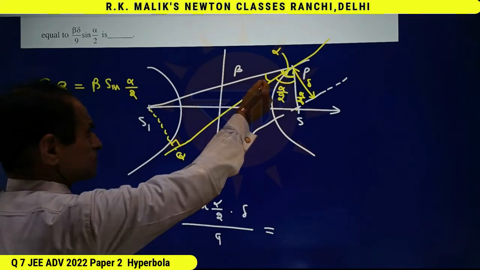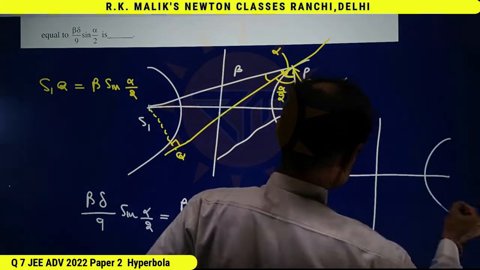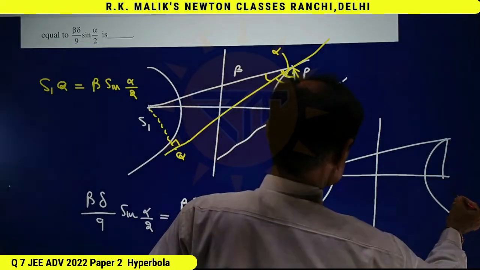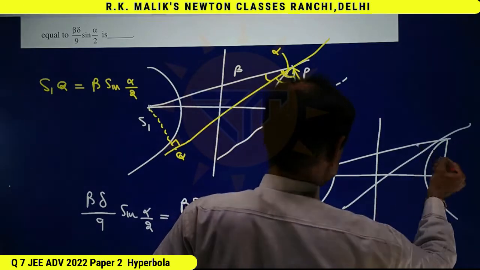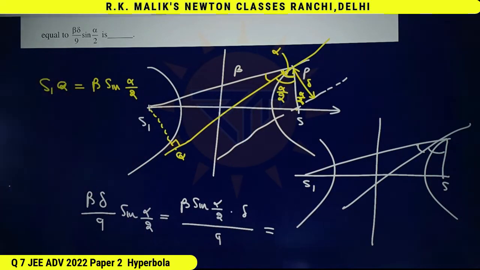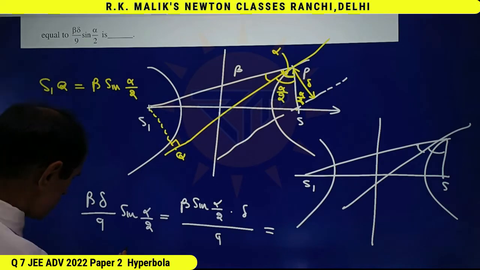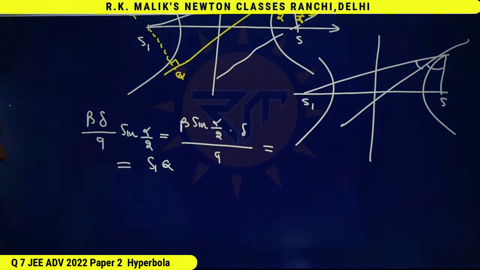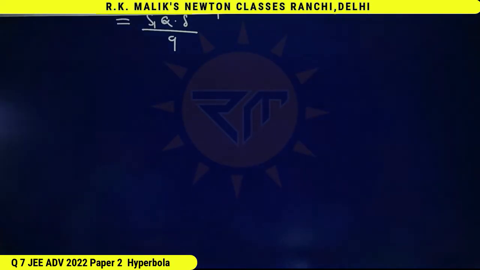This is beta. This angle is sure to be alpha because in the case of any hyperbola, if I join any point on the hyperbola with foci, the tangent at P always bisects this angle. Because this is alpha by 2, hence S1Q is beta sine alpha by 2 into delta by 9. And now I'm going to use a property of hyperbola that